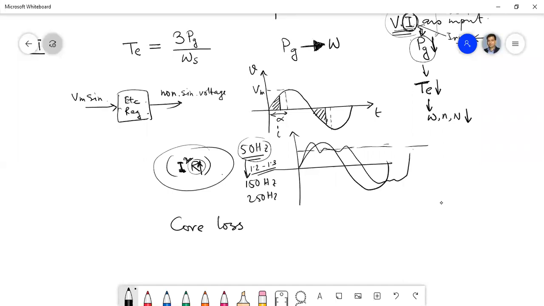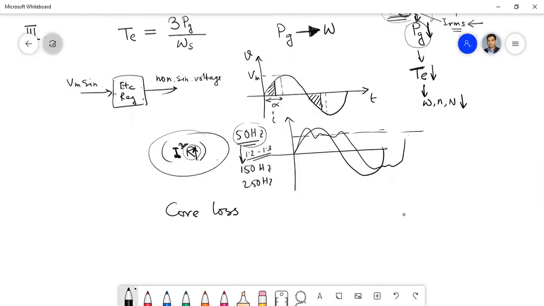Okay, so there is a possible resonance between the transformer inductance and line capacitance. Clear? So these are the problems related with transformers, also reactors, because sometimes reactors are also used in lines, especially in case of static var compensator, STATCOM. So we'll discuss the static var compensator in later stages.